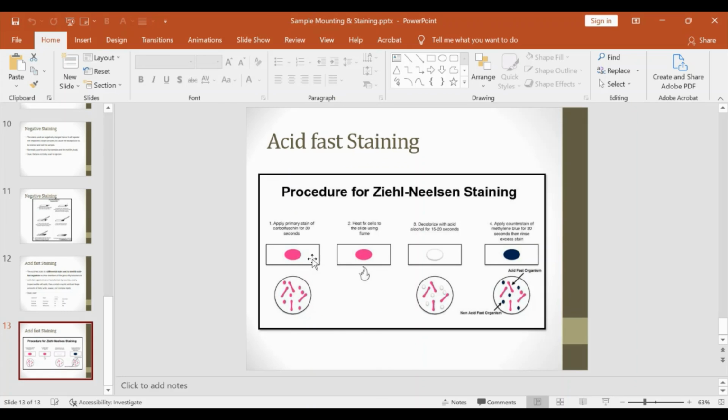We have to slant the slide a bit, so that when we wash with distilled water, the water will flow into either a staining cup or a staining rack. We cannot simply wash the stain into the sink, because the dyes are considered hazardous waste. And when we wash the stained sample, we cannot wash directly towards the sample. If you look at the picture above, the sample is in the middle, and after you stain it, we wash it from the top, let the water flow and carry away the stain. We cannot wash directly onto the sample, because if we do that, we might risk